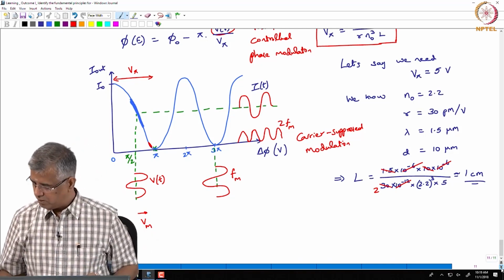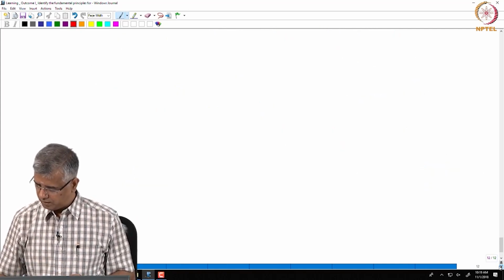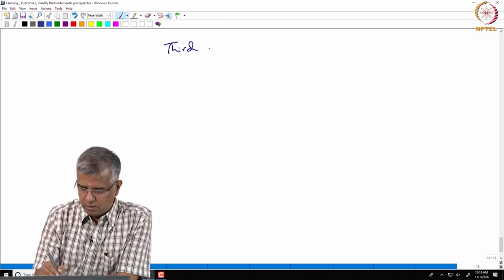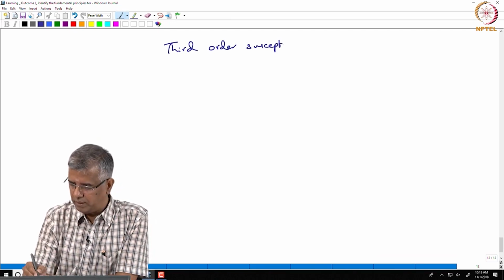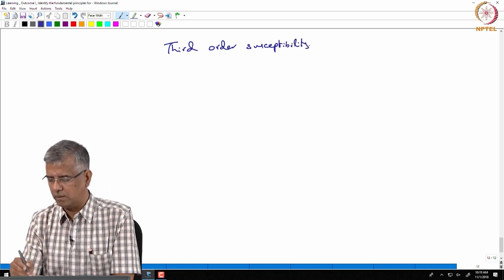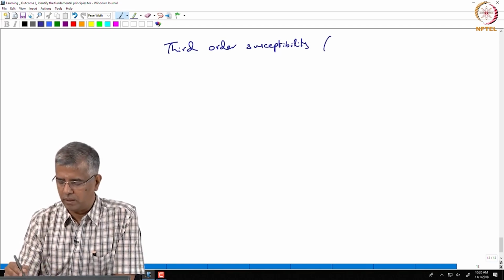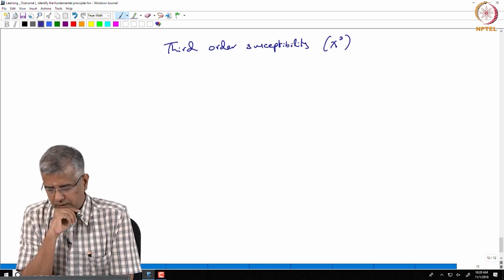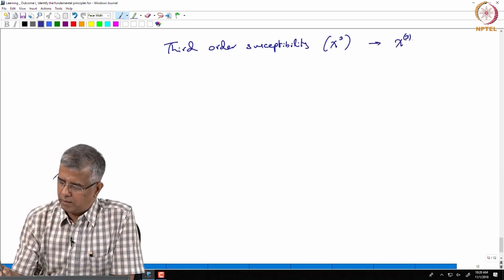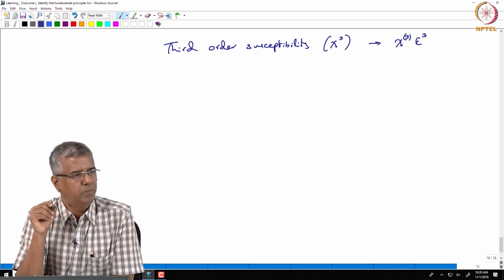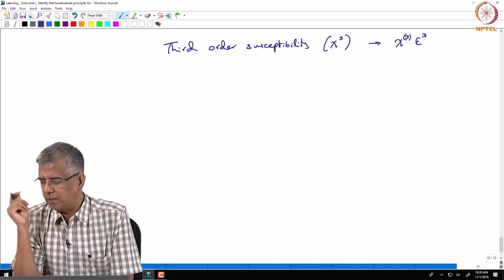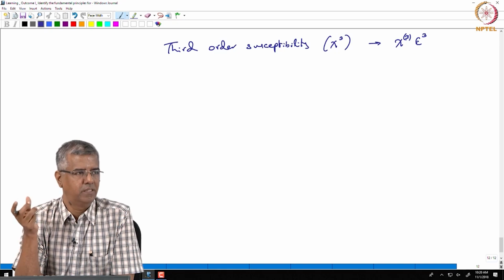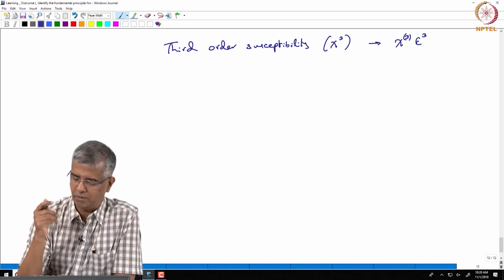Okay. So, that is so much of what I wanted to talk about in second order susceptibility. Now, let us look at third order susceptibility. What are the nonlinear processes that are enabled through the third order susceptibility, which is represented as chi 3? Now, chi 3 we understand is associated with an E cube term, and just like we talked about for second order susceptibility, E cube may mean that you have 3 electric fields interacting, right,